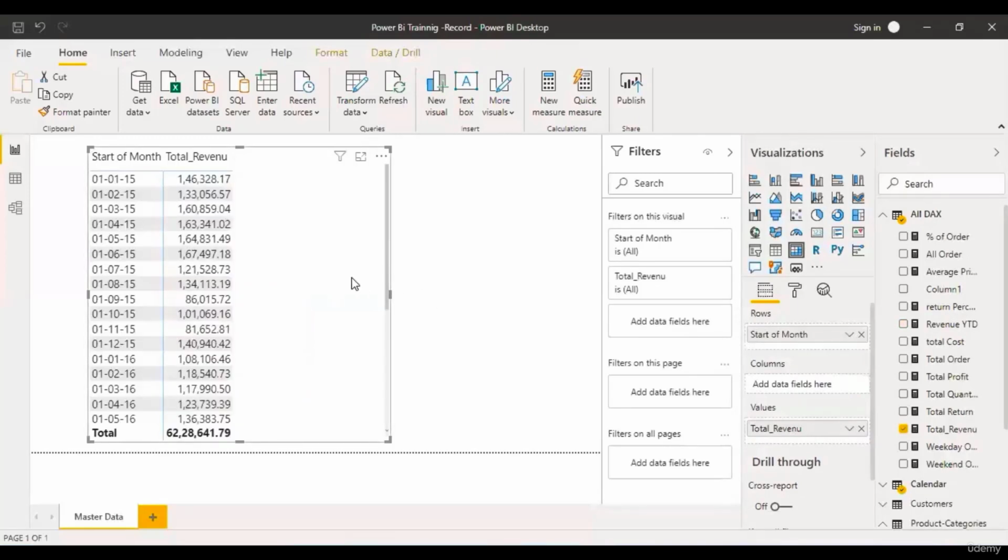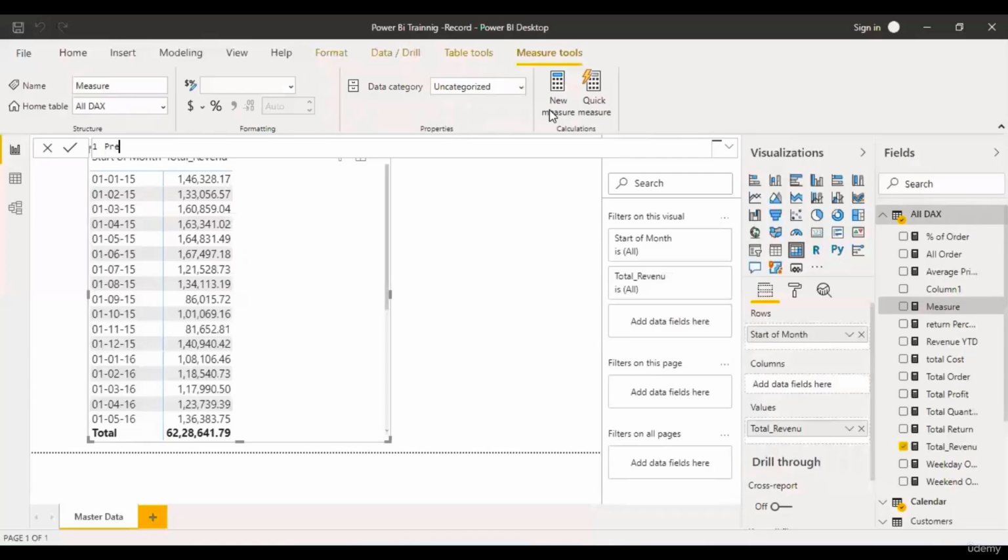Now let us look at another scenario. Companies usually prefer performing trend analysis to understand how they are performing. So a comparison is done between the same period last month or same period last year, etc. So let's see how we can do this with the help of time intelligence function in Power BI. So for example, I want to compare the revenue for this month with the revenue of the previous month. So to do that, let me add a new measure. I will call this previous month revenue